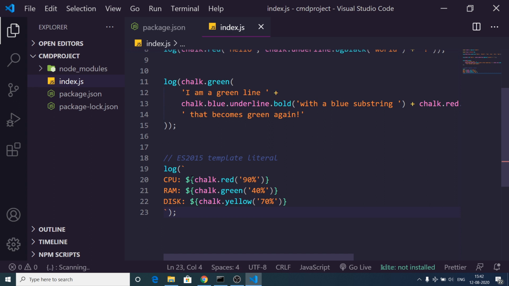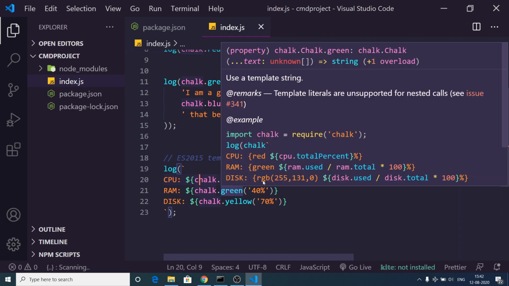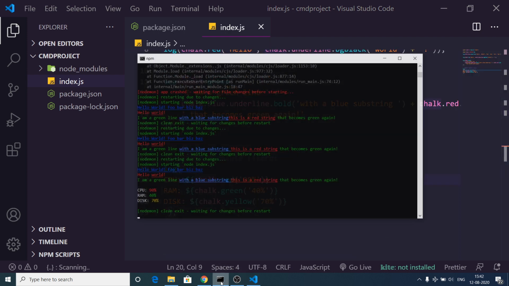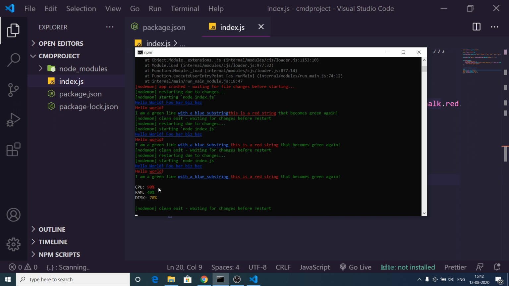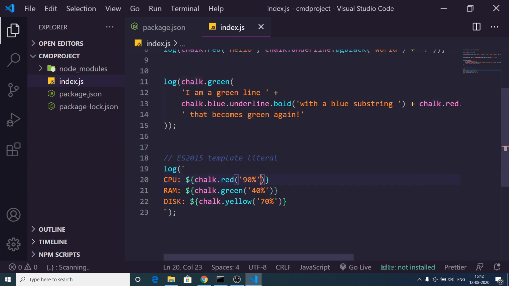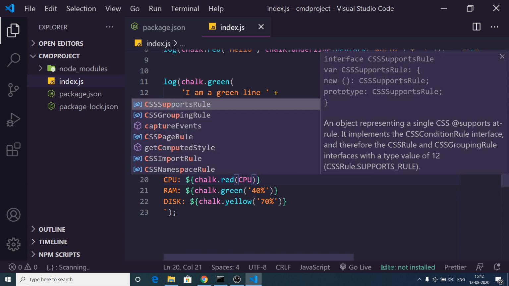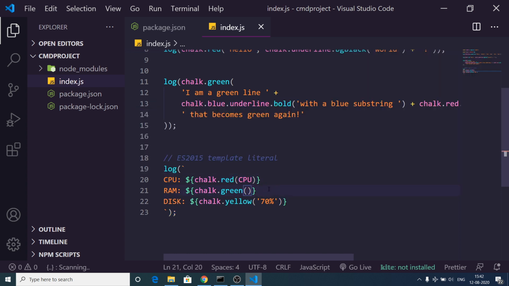The benefit of using this symbol is that you can embed variables as well. Inside this dollar symbol you can embed variables. What you will see is a nice little output: CPU uses 90%, RAM 40%, disk 70%. The nice thing is that instead of writing statically, we can define variables for that. Let's define a CPU variable, a RAM variable, and lastly a disk variable.